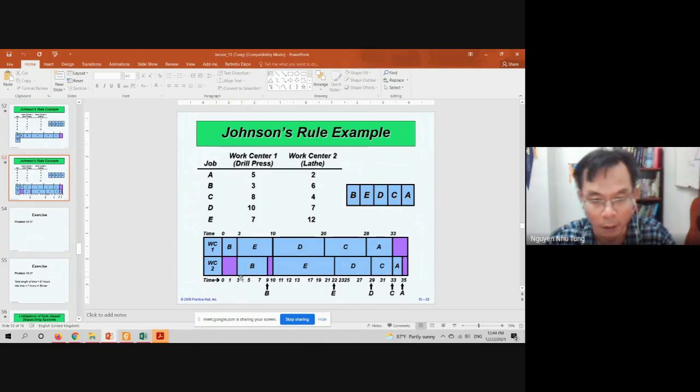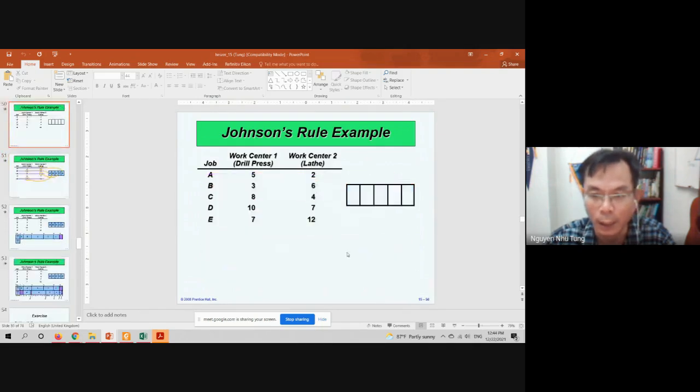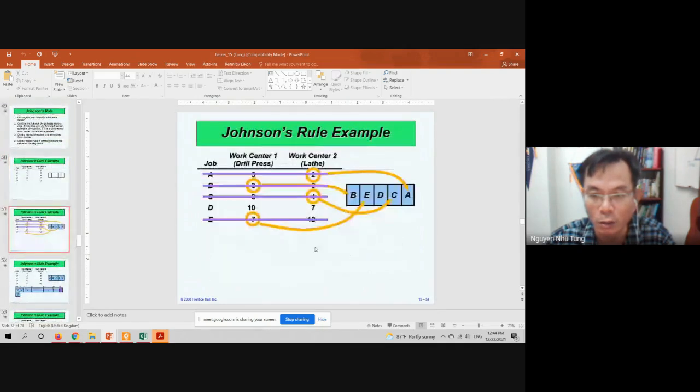You cannot dry any dirty clothes, so the drying machine has to wait, and you have to follow the sequence you already identified. The sequence is B, E, D, C, and A. And for the sequence, you just